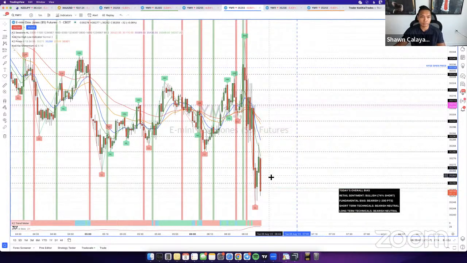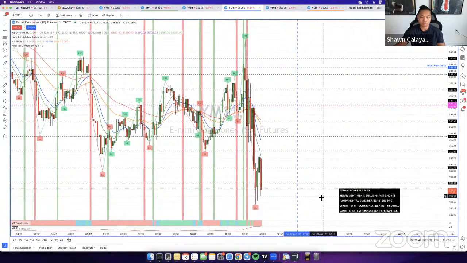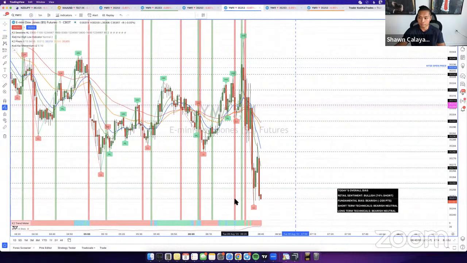I'll give you guys a rundown of what I'm looking for now. So I'm looking for a buy signal here to confirm the retracement, and I'm looking for another sell signal to confirm the continuation. And then from there, I'm going to write it down further. So I was just marking this. I was just telling you guys that there was an entry here that came up. Obviously, I didn't take it, but I'm going to be looking for the next one.